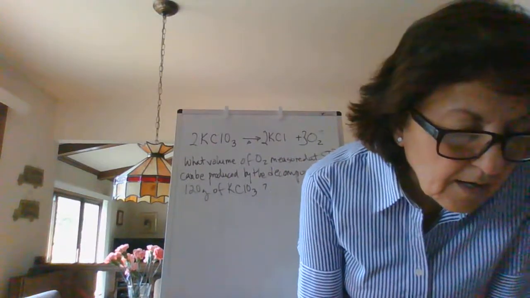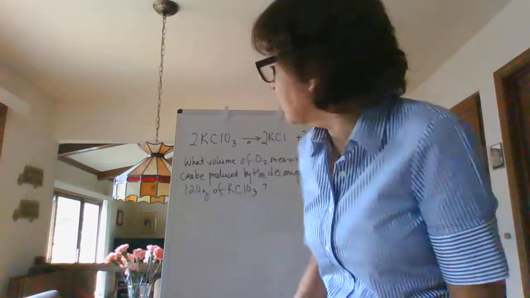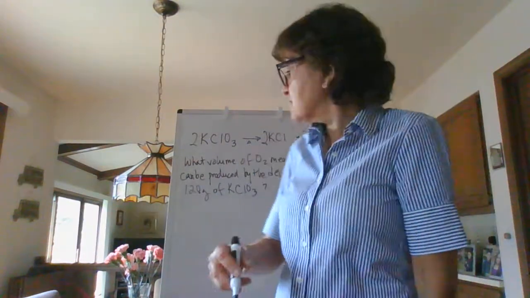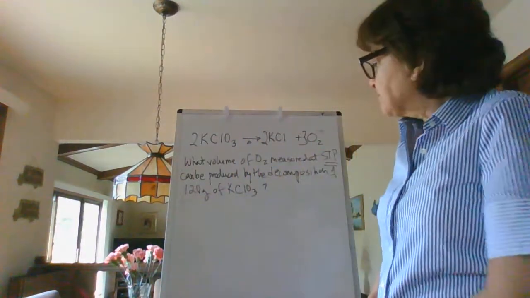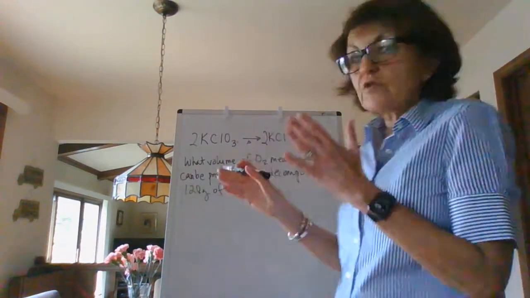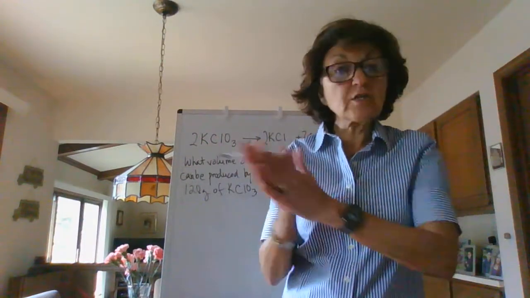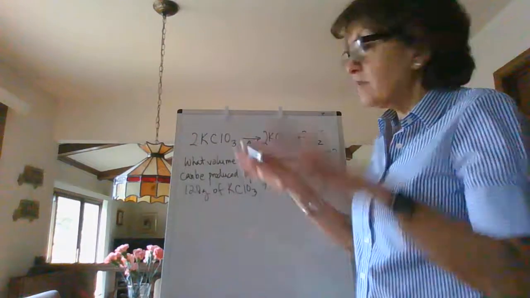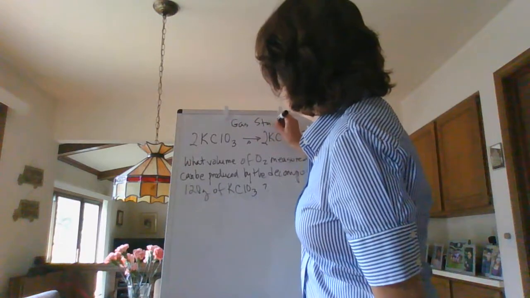Okay, let's see here. I want the 0 of the 120 to be significant. I'm just going to put a decimal here, but really I should write 1.20 times 10 to the second power, just to make sure that I get my 3 sig figs at the end. The only way I can relate potassium chlorate to oxygen is through the coefficients of the balanced chemical equation, the molar ratio, just like we did in stoichiometry in chapter 4 and in chapter 3. All right, this is gas stoichiometry. You could put that as a nice little heading for yourselves: gas stoichiometry